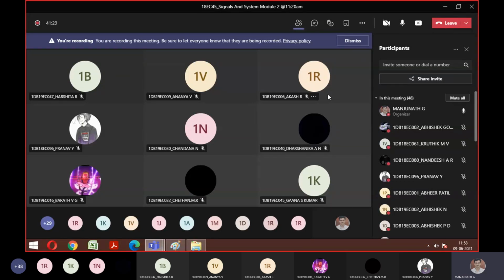Number 80, Nandish. What's the answer here? Is it static or dynamic? Sir, dynamic. Why is it dynamic here? You need to justify. If you say static or dynamic, you should know the answer, right? Blindly don't predict this is static, this is dynamic. This is not a probability subject. On what basis you told it is dynamic?